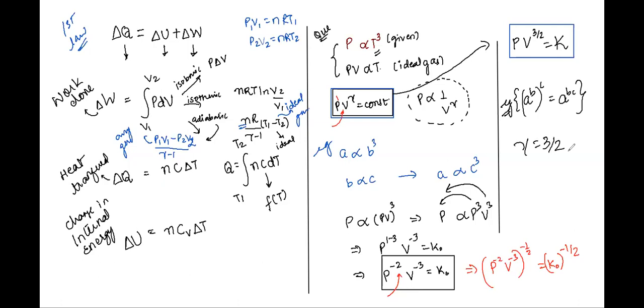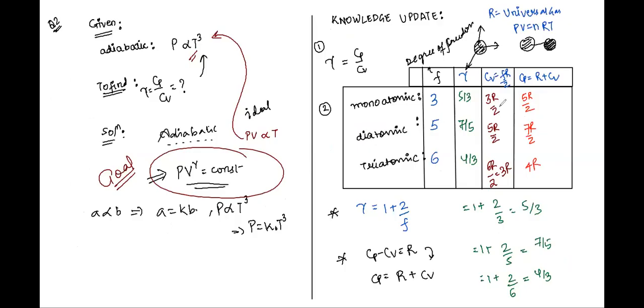So we have one such question coming up, right? So once you know gamma, can you calculate degrees of freedom? How? You must be knowing some relation between them. There should be some relation. Only then you can find out F, right? So what is the relation? Gamma is 1 plus 2 by f. Absolutely correct. So gamma is equal to 1 plus 2 by F. Let's write this here. Gamma or 3 by 2 is equal to 1 plus 2 by F.